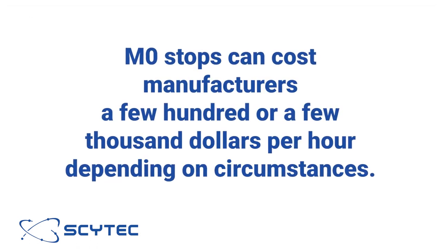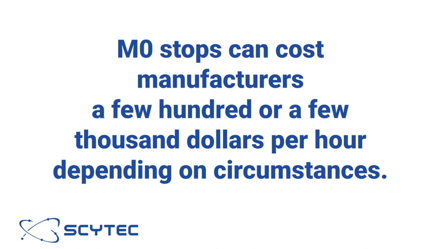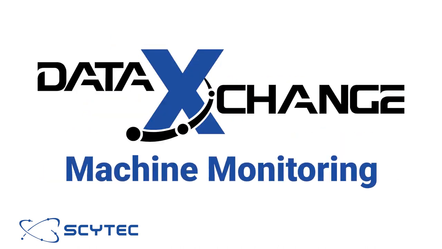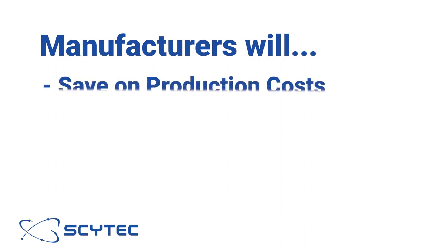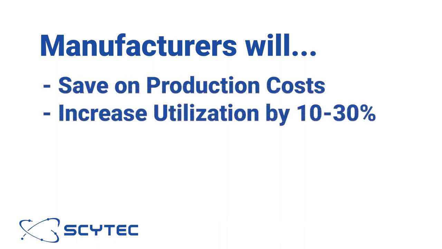For an average-size manufacturer, the cost of program and optional stops on a given day can range from a few $100 to several $1,000s per hour. Take a proactive approach to reduce the frequency and duration of program and optional stops with Scytec DataXchange, the leader in smart factory solutions. Manufacturers will save a significant amount on production costs, increase utilization an average of 10 to 30%, improve OEE, and